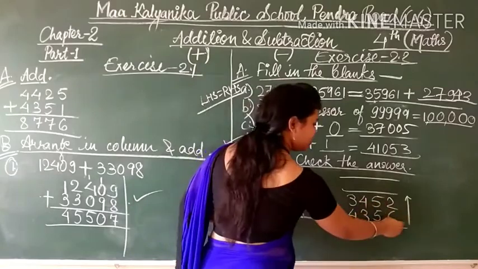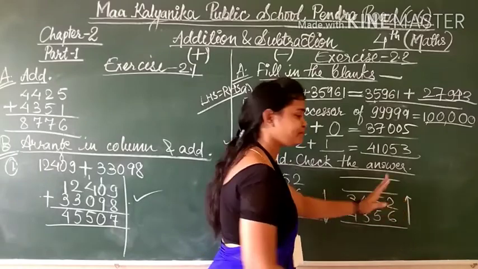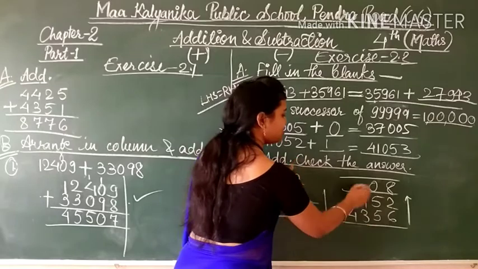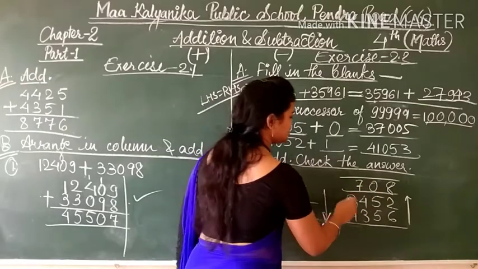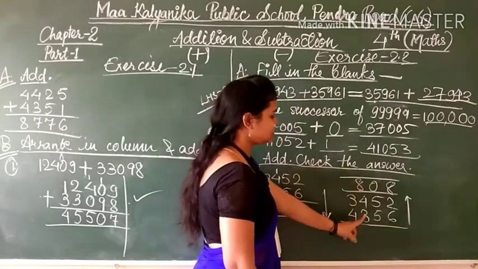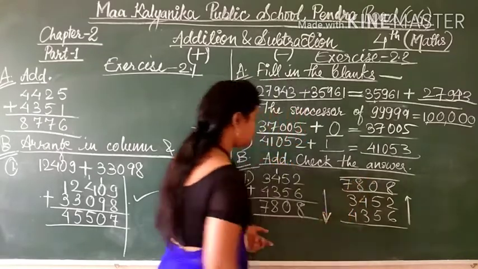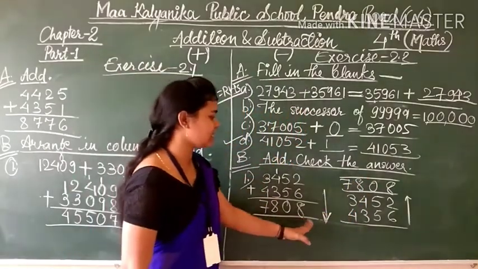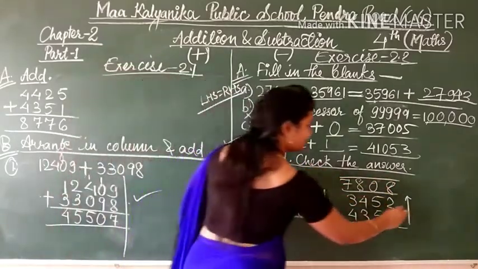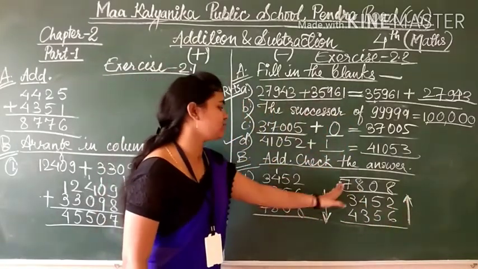See here. Same, you will get 6 plus 2, the arrow is there. Only you have to see the arrow. 6 plus 2 is 8, 5 plus 5 is 10, 1 carry, 4 plus 3 is 7, and plus 1, 8, because 5 plus 5 is 10, 1 is left. 1 is there, plus 3, 4, 4 plus 4 is 8, and 4 plus 3 is 7. So students, see here, these two additions give us this answer, and for these two additions we just put the upward arrow. So these two we have to add and write the answer on the upper side. The same answer we have received here.